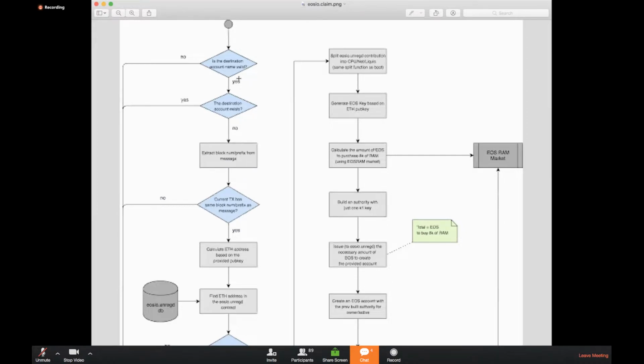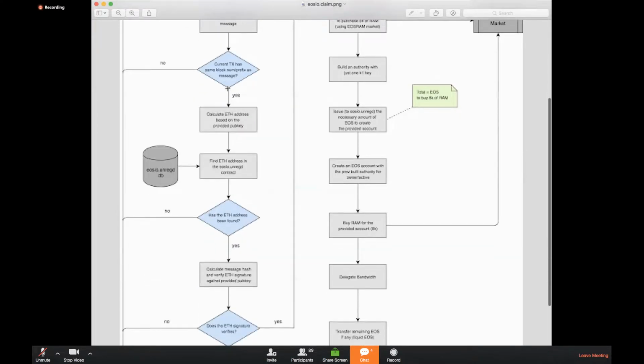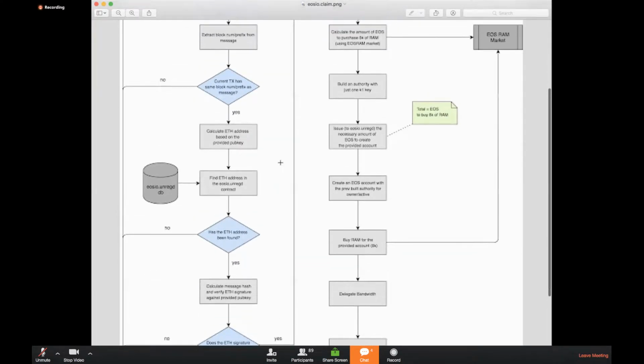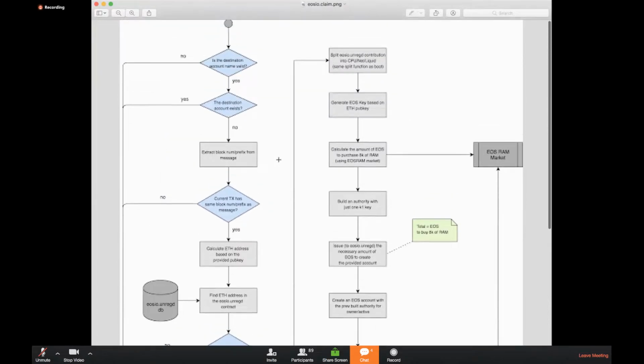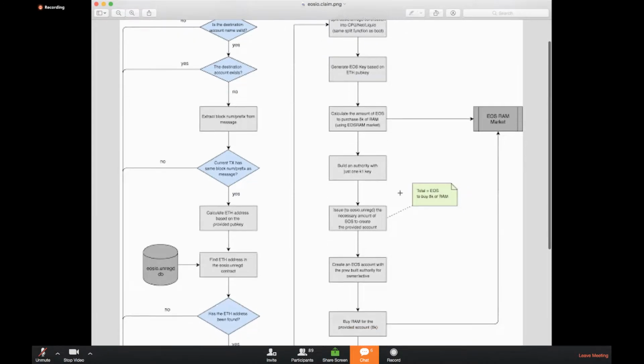So all of this looks fine. There were just a couple of points that might stick out, but we're still reviewing the code. We have managed to set it up, and it looks okay so far. There is one part here about allocating RAM and who actually pays for RAM. That is the only part I feel we might have to clarify with the bigger team. But everything else looks like it's in order.